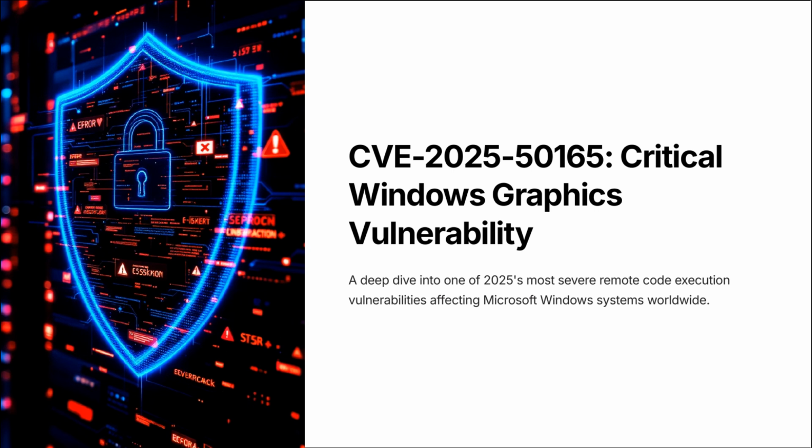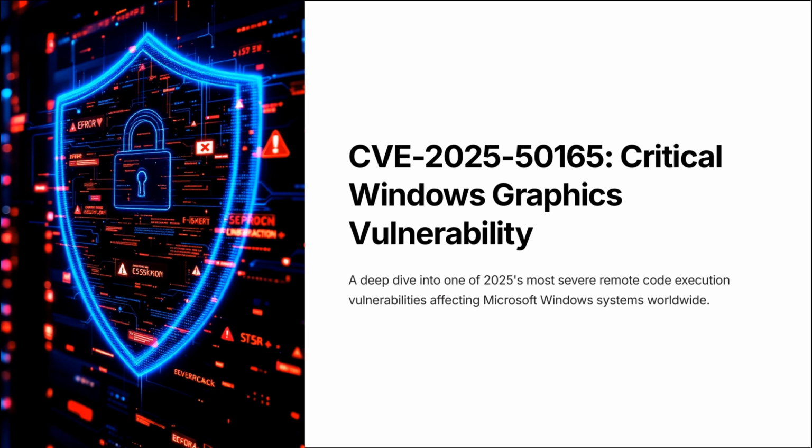In this lecture, we are going to delve deep into a significant issue that arose in 2025, known as CVE-2025-50165. This is categorized as a critical vulnerability affecting the graphics component of Microsoft Windows systems globally. This isn't just a minor issue. CVE-2025-50165 is a severe remote code execution vulnerability, which means it has the potential to do a lot of damage. It's one of the most critical vulnerabilities we've encountered so far in this year, and it's essential to understand it